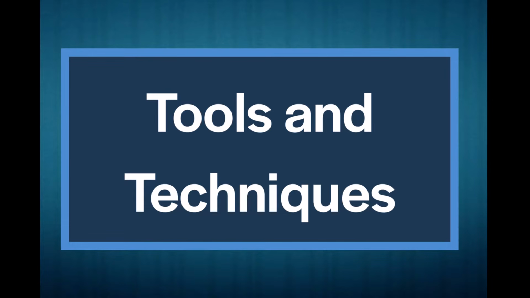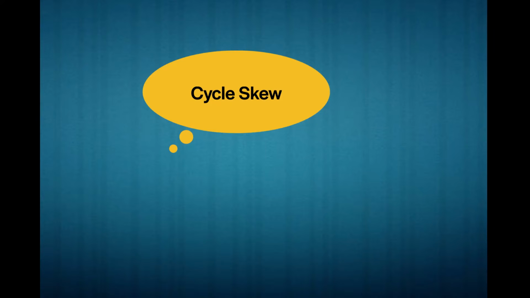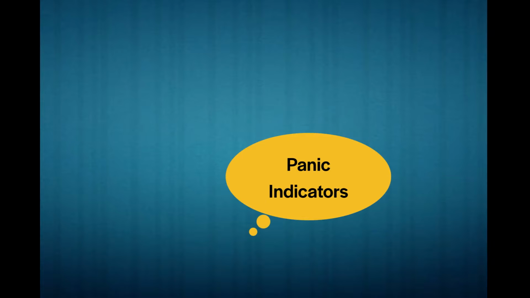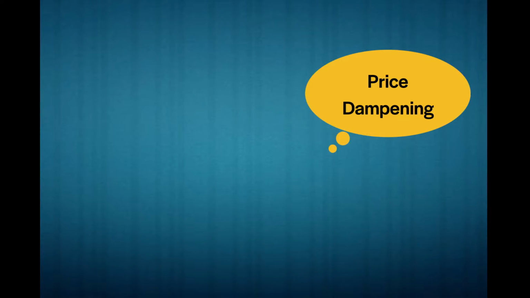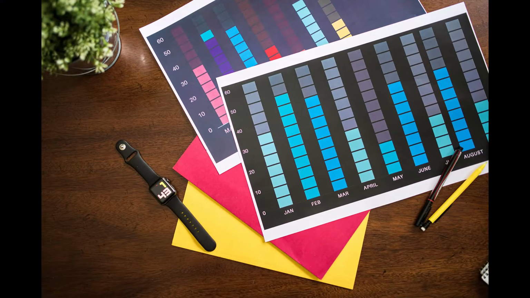So what tools and techniques can we use? Several tools can refine cycles analysis, such as spectrum analysis, cycle skew, panic indicators, and price dampening. These tools are worthwhile to investigate, but we won't do that here, as we want to keep this video as concise as possible. What we will talk about, however, is how we look at cyclic activity from a daily, weekly, and monthly, as well as yearly and multiple year perspective, such that we can fine-tune the potential trend changes down to finite time periods,